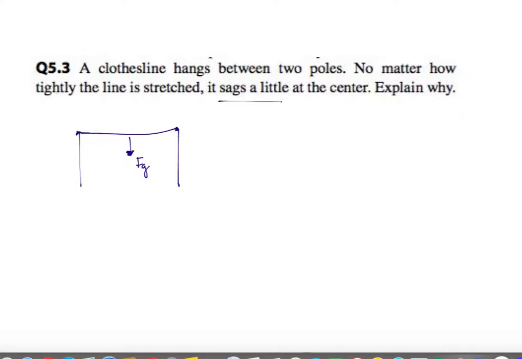So if I actually go and make a free body diagram for the very center of this line, we have a force acting downward, that is the force of gravity, and then we have two other forces that are acting somehow to the left and right, because we have tension in the line. Now the reason that it has to sag some amount, so we have some amount of sag here, the reason it has to sag to some degree is because if this were completely flat,